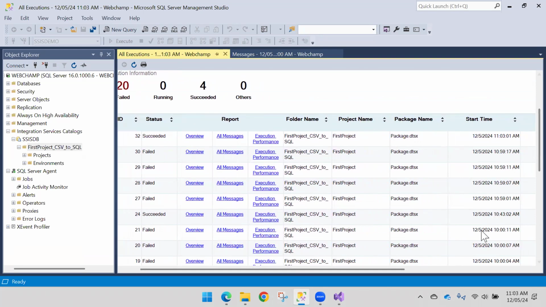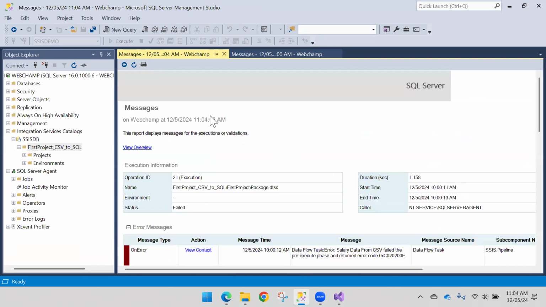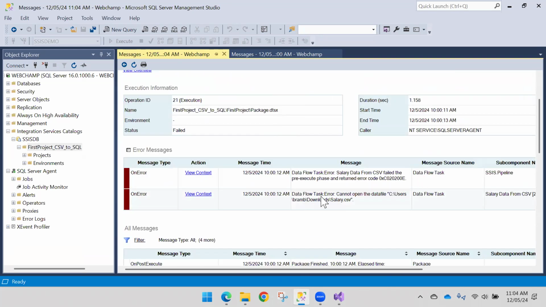This succeeded, this did not succeed. Okay, let's see what message it shows. First of all, it shows the message "cannot open the data files." This file it is not able to access, right? So to avoid this kind of error, what you can do is you can simply go and